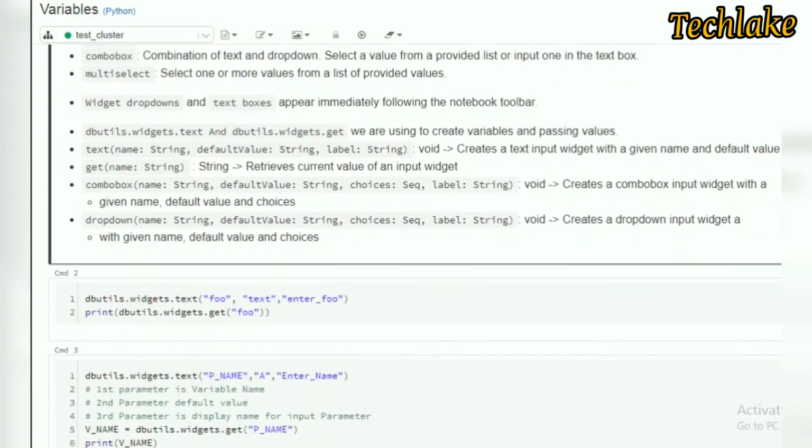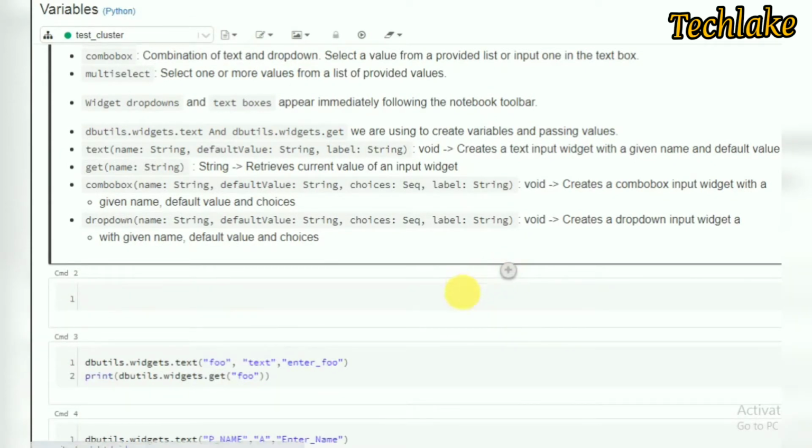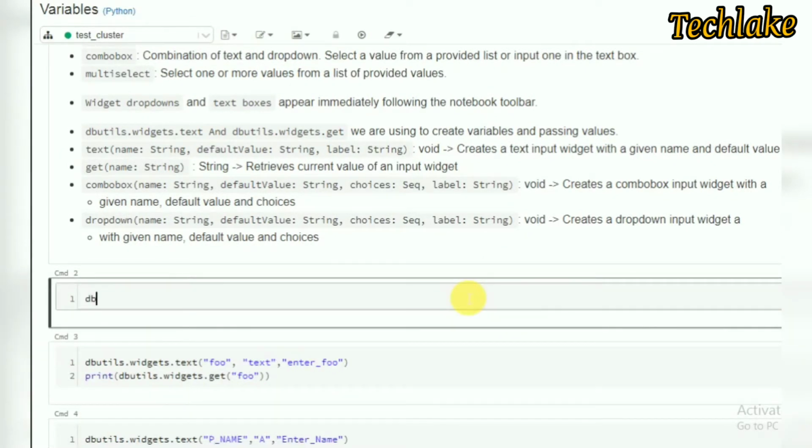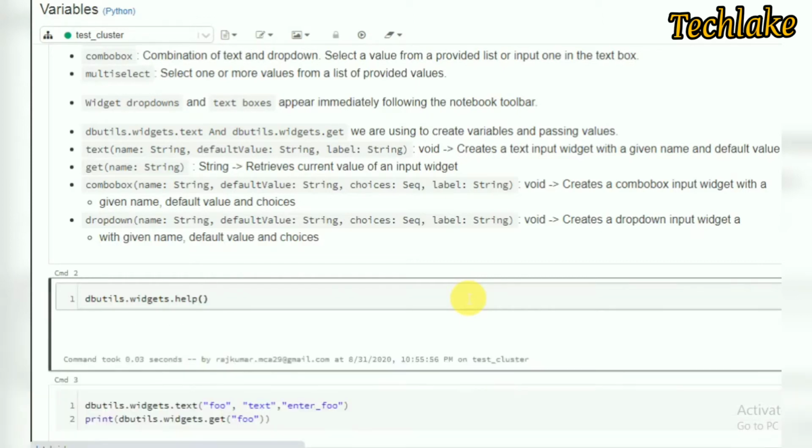If you want to see help on what you can do, just go with DB utilities, Databricks utilities, dbutils.widgets.help.